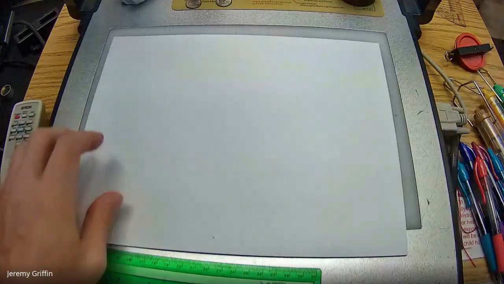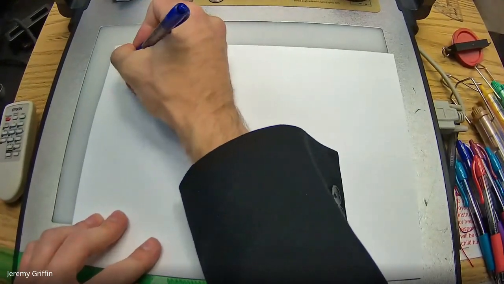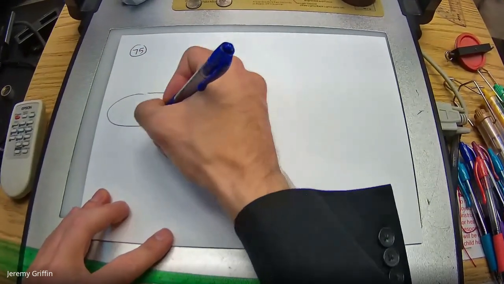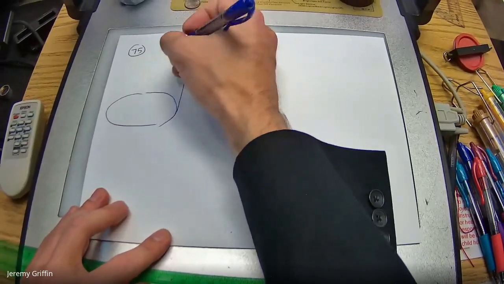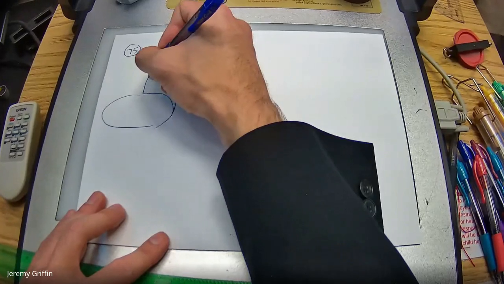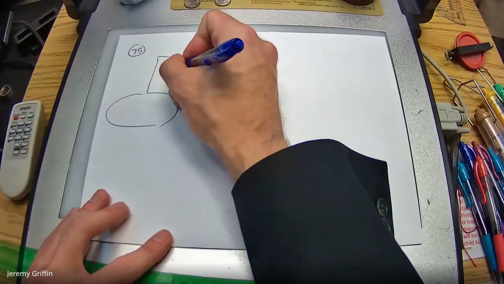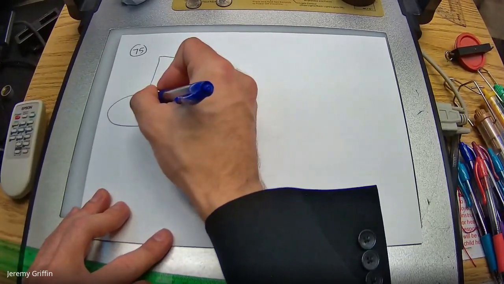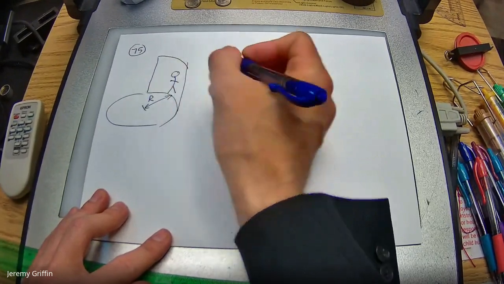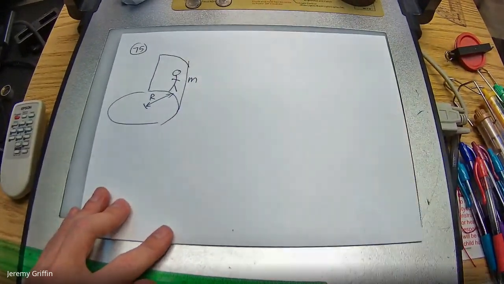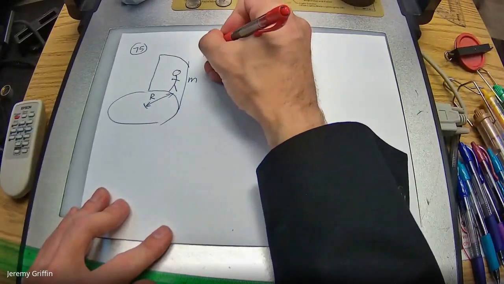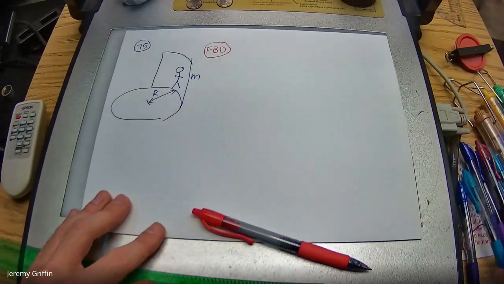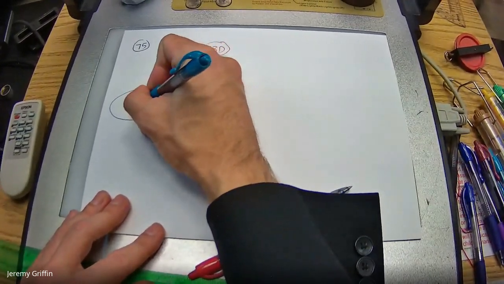I think I'm gonna start this with a free body diagram. Maybe throw down some equations and see where this is gonna go. So, got this thing spinning. Well, let's look at a slice of this. So this person's against the wall. Right? There's some radial size here. Call that R. This person might have some mass M. And let's look at some free body diagram forces on this guy. Okay. So as this thing is spinning, right? That's an important aspect. So this thing is spinning at some omega value.